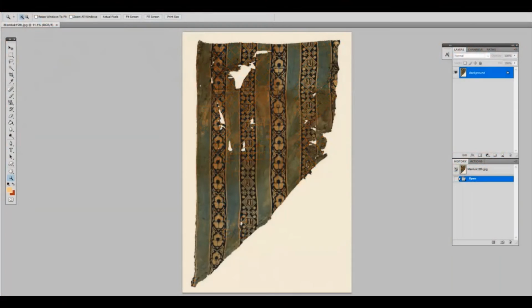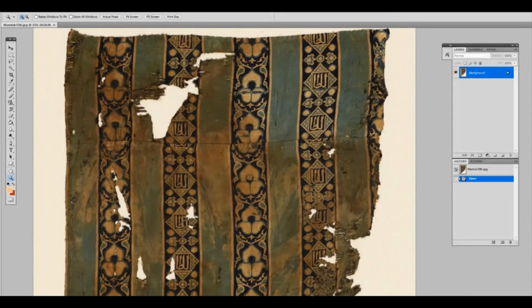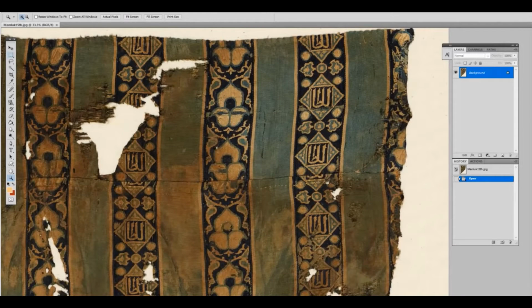Here's a 15th century Mamluk textile fragment. It's damaged, it's faded, it's discolored. We don't know the original color, but Photoshop can give us some pretty good clues. It looks like it might have been green or blue or somewhere in between. But if we select one of the less damaged areas